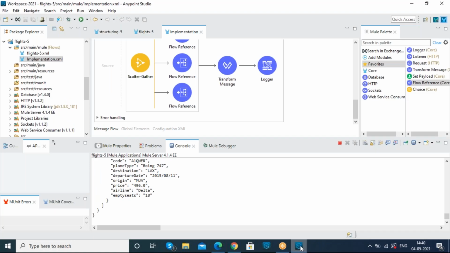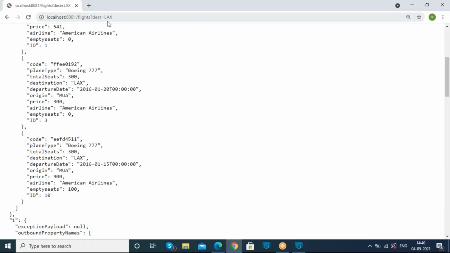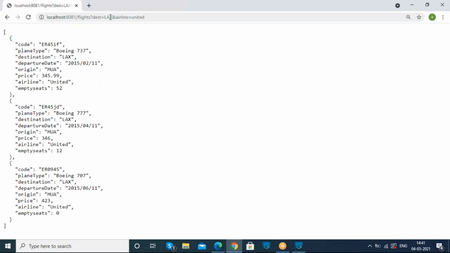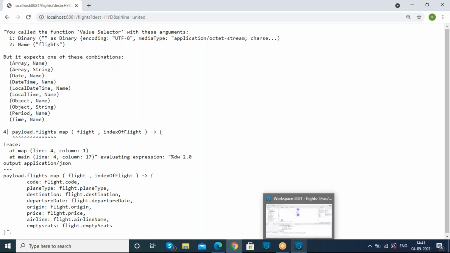Now, whenever a user requests according to an airline name, for example United, and searches by a parameter which is not available here, it would be heavyweight.